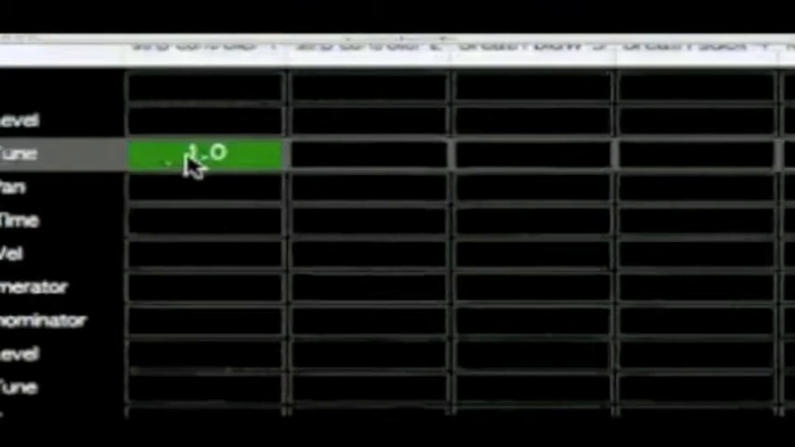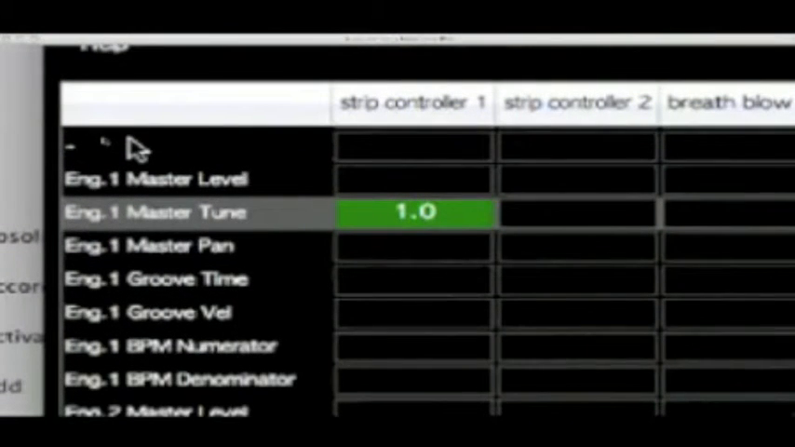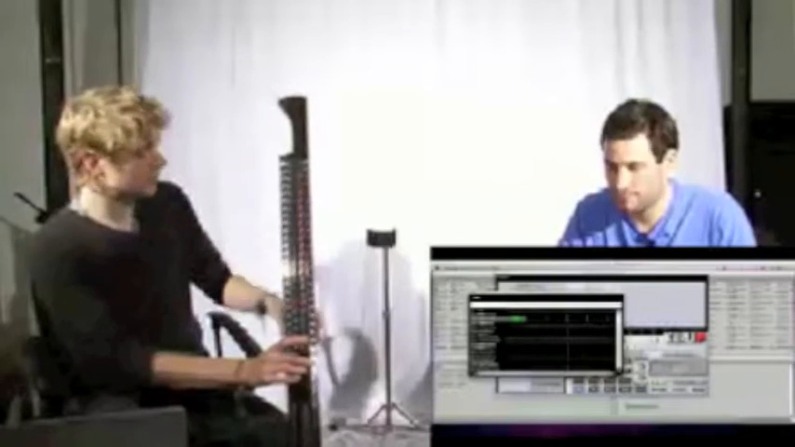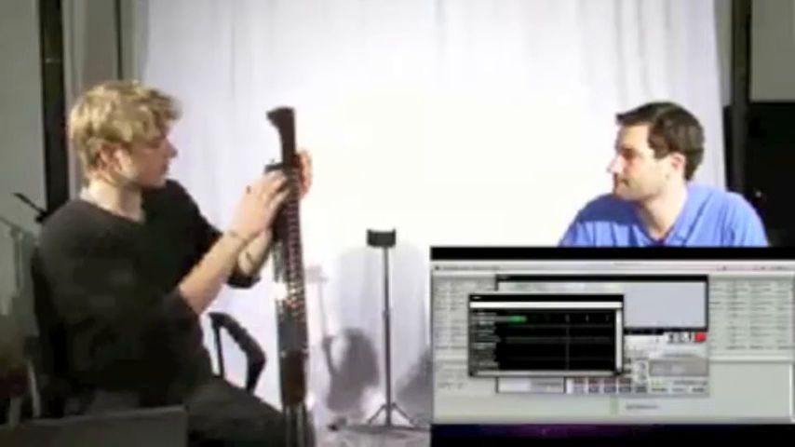So I literally click there. It says 1 in the box. That means I've got it connected. Zoom out, and now you can hear I've got the